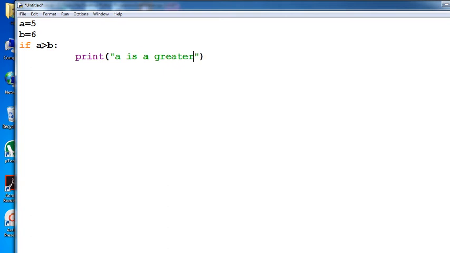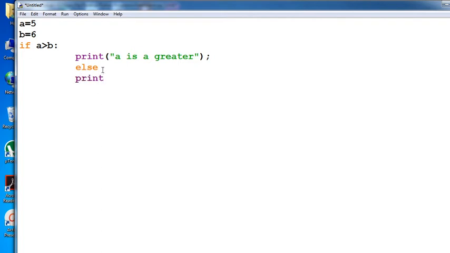After that, you simply write the else statement here. In this case, print. What is the condition in else? No condition is given.